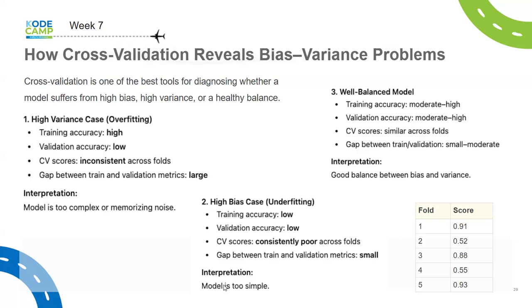So in that case, your interpretation is simply that the model is too simple. You need to get a better model for your training or for your data. Then the third case is if you have a well-balanced model, where the model is good enough for the data,